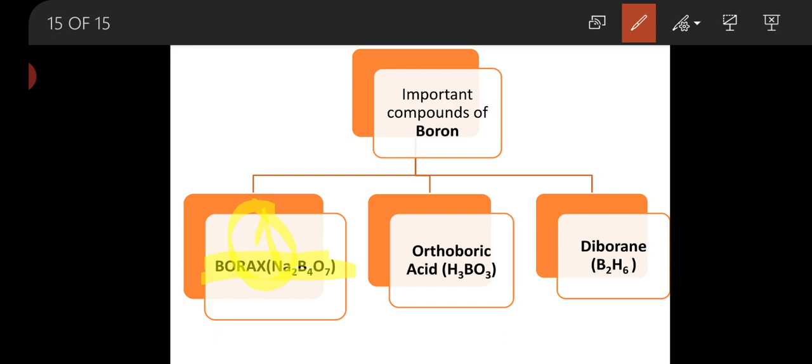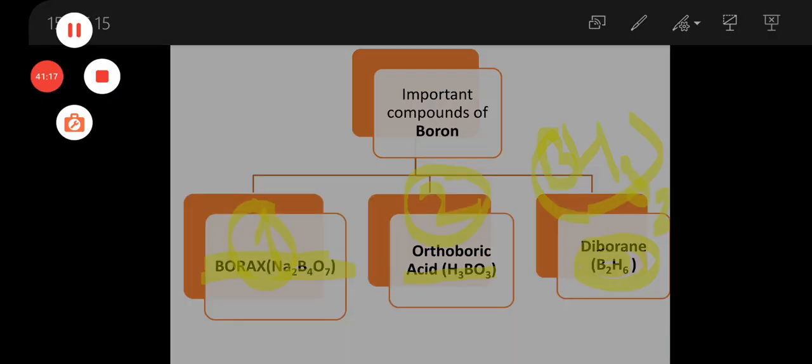The second compound is orthoboric acid. Just now we have seen it is formed in the reaction with acids, nitric acid and sulfuric acid, H3BO3. And lastly, the third compound of boron is diborane, B2H6. It is also given as BH3 twice. Both notations are the same. Now we have seen the compounds of boron. Later on, we will see the